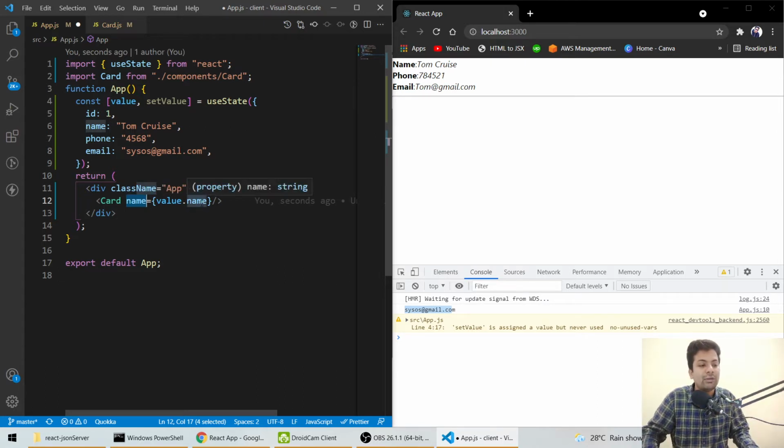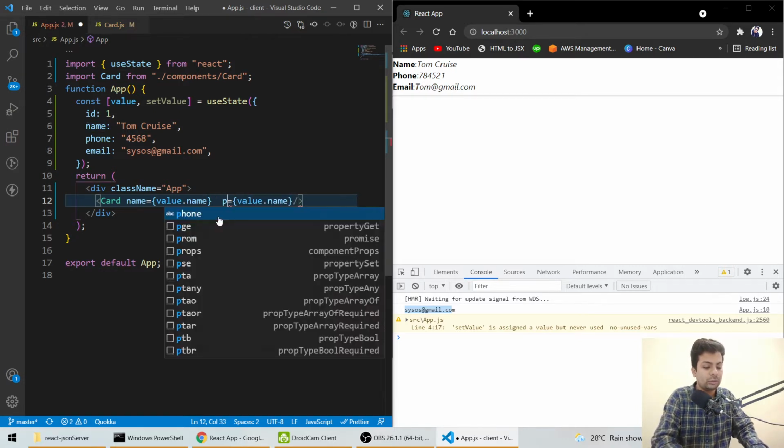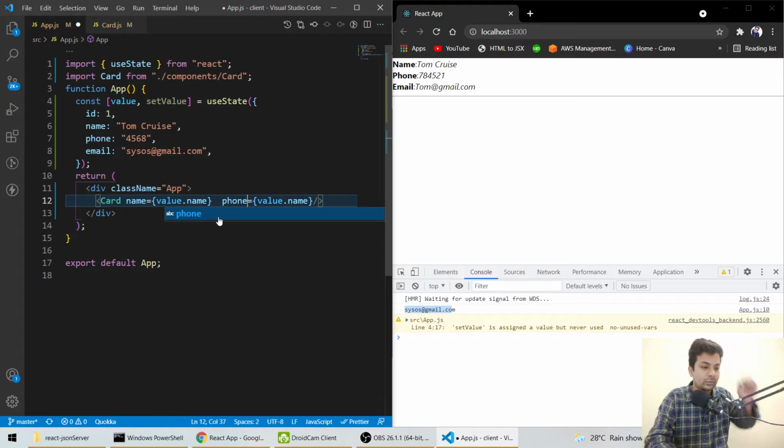And what value we want to send, we want to send value.name. And the same thing is for phone. So we'll copy it, and we'll say phone, and we'll say value.phone.